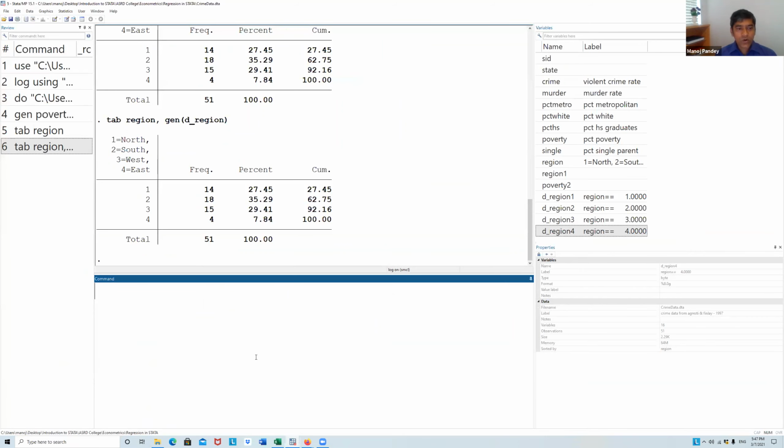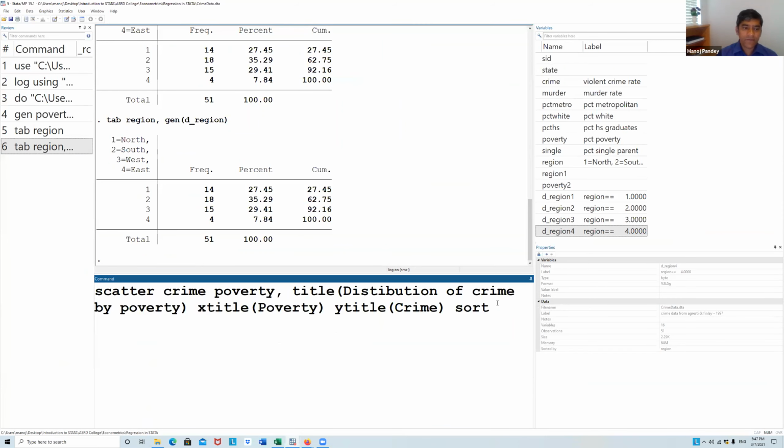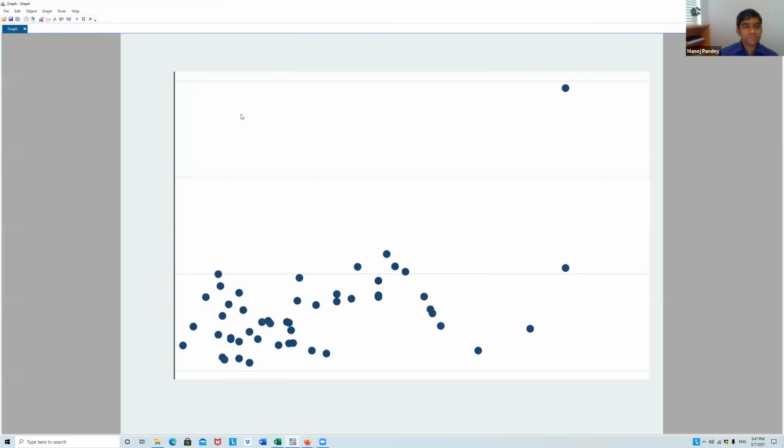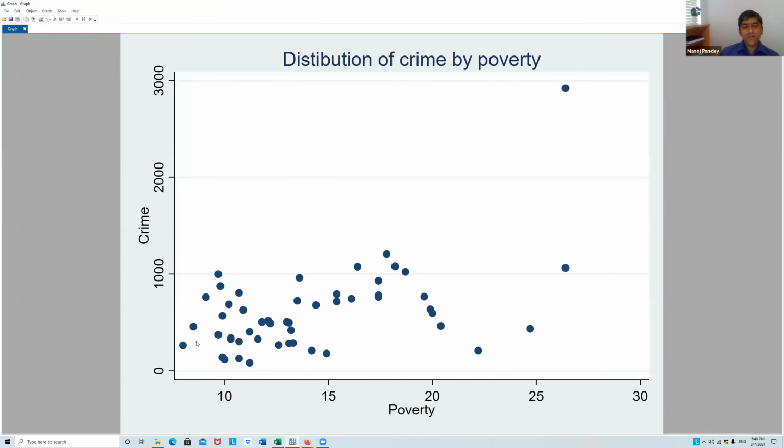All right. So now I'll see what the relationship of crime and poverty is. Can you see it? It looks like an upward, positive relationship. Like when poverty is going up, crime is going up, but beyond a certain limit, it is falling.